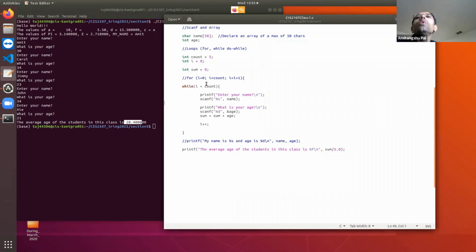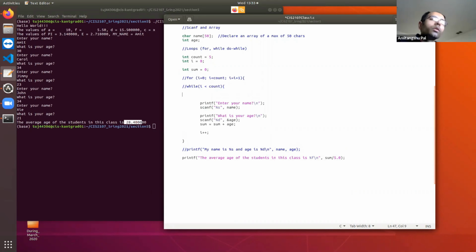And next, do while. Do while is basically the opposite of while. The condition check will come at the end. So first, go inside the loop. Irrespective of the initial value, it is going to go inside the loop, and then while I is less than. So the while statement will come at the end. Do body then while.